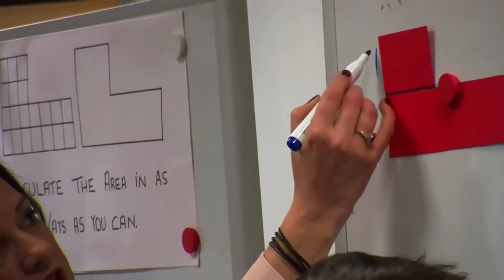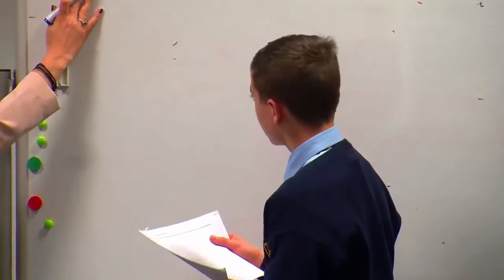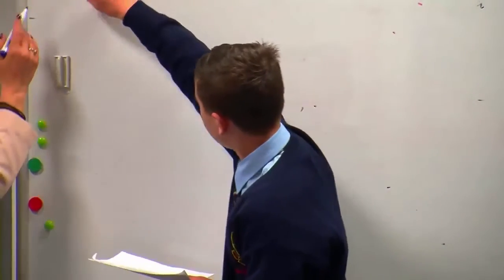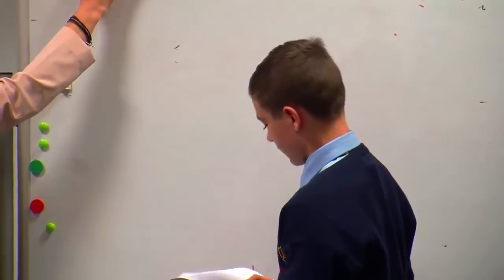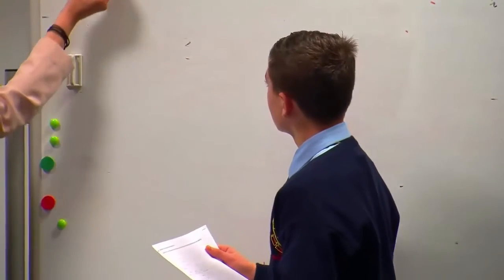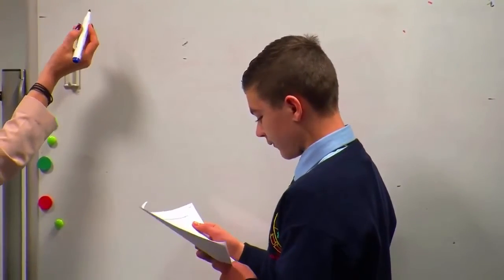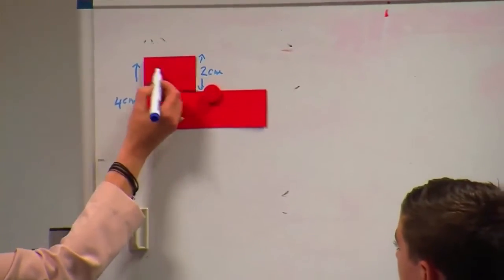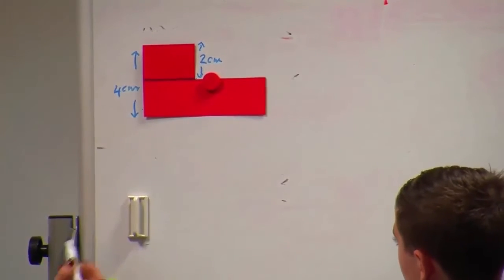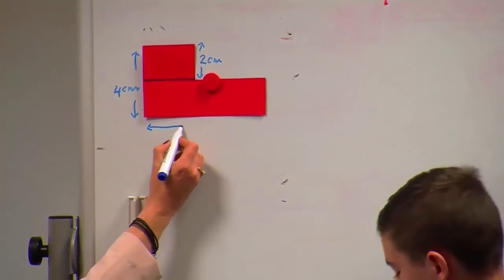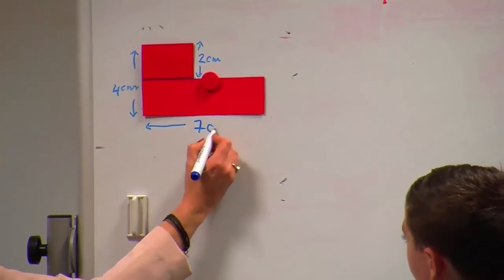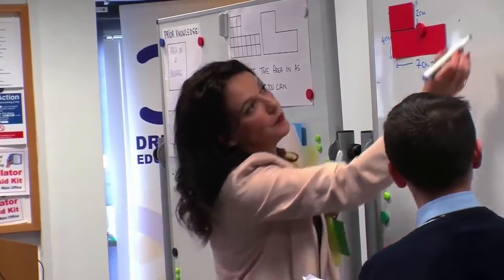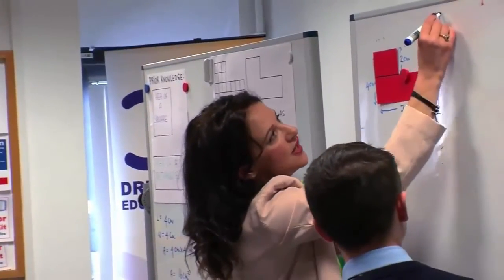Yeah. And I'm going to get you to put down your workings. And how did you know they were both 2? Because half of 4 is 2, and that's 4. And that's 4. But did you need something here to help you with that information? What length did you have here? 2 centimetres. So if that was 2 centimetres, this was also 2 centimetres. And what did you have? The bottom was 7. 7 centimetres. Yeah. Okay, now, so if you will put down, we'll say in here, you can just write down your calculations